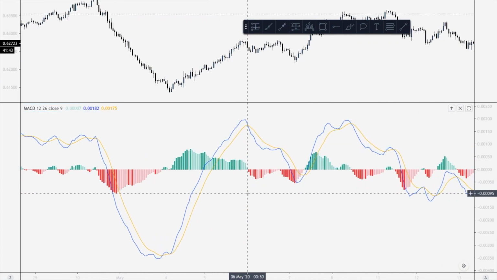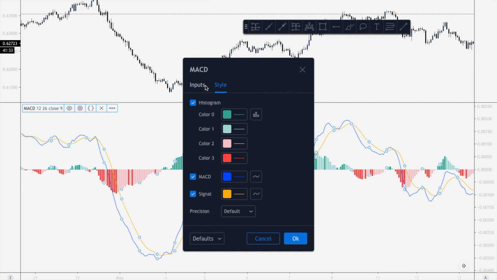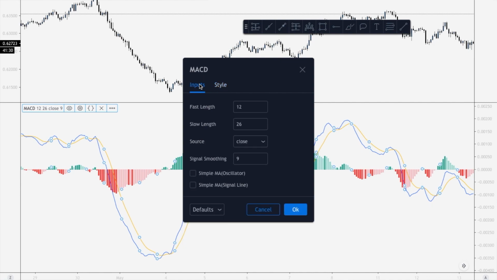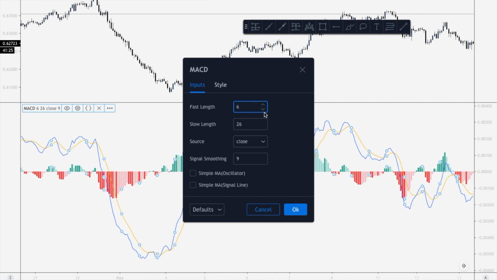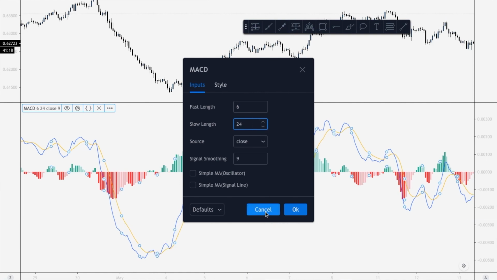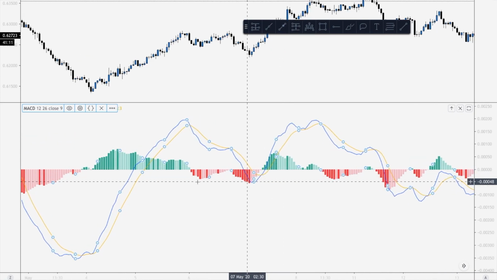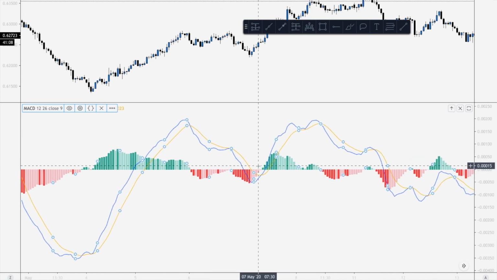Now, just like other indicators, you can also change the setting of this indicator. You can change the inputs as per your need and also change the colors of the lines and histogram. Now, if you lower the period of the slow and fast EMA, the indicator will get more sensitive to the price and give you fast and more signals. And due to this, MACD works best with a lower period if you use it for scalping. But by doing that, it will give you more false signals.